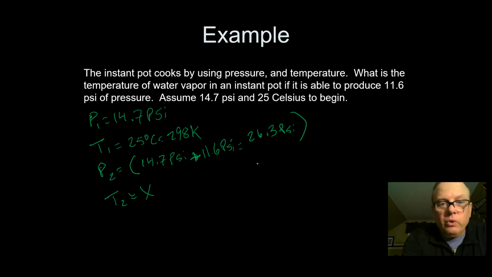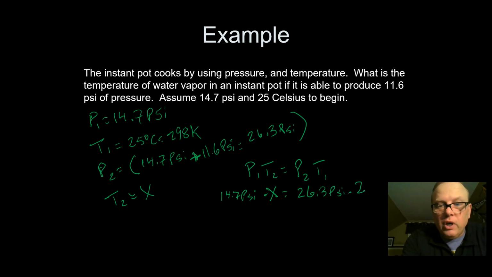So we put this into Gay-Lussac's law. P1 T2 is equal to P2 T1, where I've got my initial pressure at 14.7 PSI times T2, which is my final temperature, so that is my X, is equal to P2, which is the pressure when it's operating, 26.3 PSI, times T1, which, when we turned it on, was 298 Kelvin, the kitchen, which I put down as 25 degrees Celsius. That's a bit warm maybe for the kitchen, but probably it is. If we solve this out,